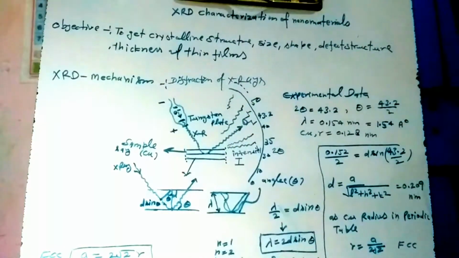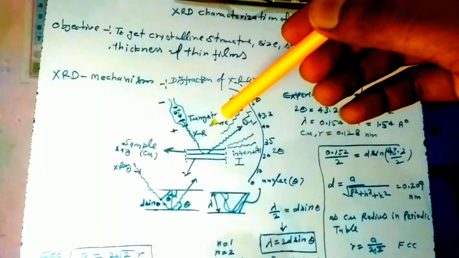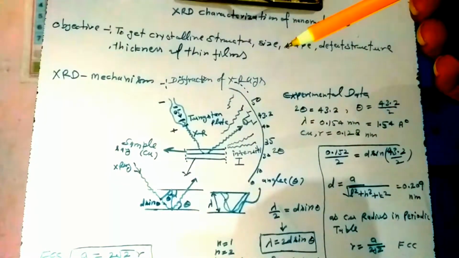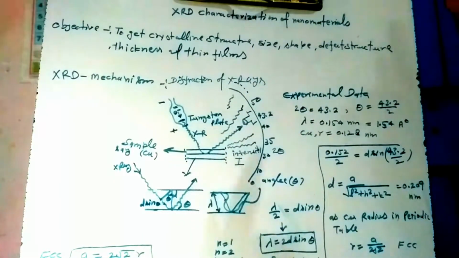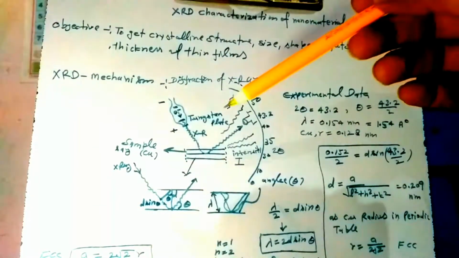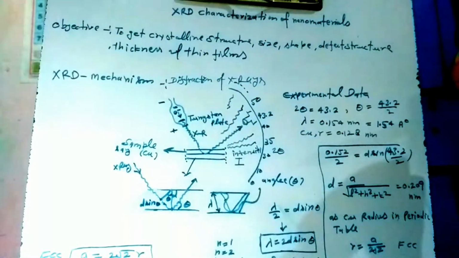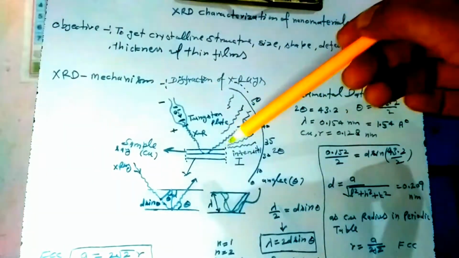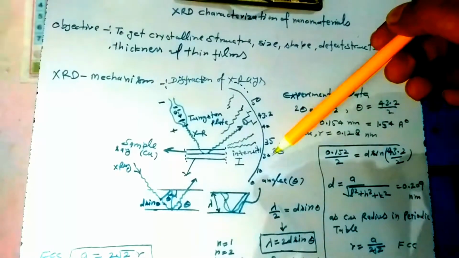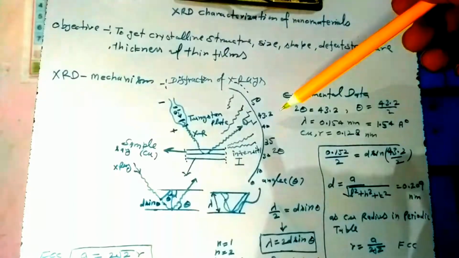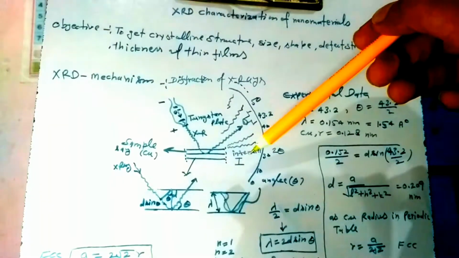And that X-ray beam, if you throw it on our sample, suppose the nanomaterial sample we are going to characterize, then we need to throw the X-ray on the crystalline sample. As we throw the beam on that sample, let us assume the sample is copper, and as the X-ray falls on the surface of copper, it gets diffracted at different angles, like 10 degree, 30 degree, 35, 40, 43.2 degree, 50. So at the different angles, we receive different intensities of X-rays,